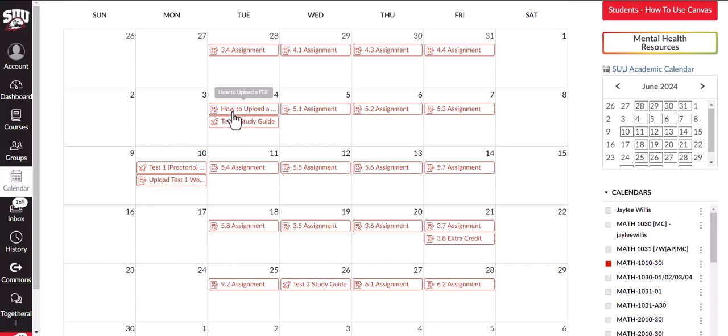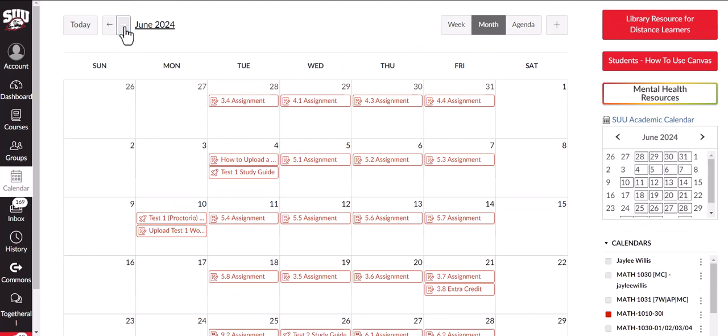And on the first test, you'll also have an assignment where you'll learn how to upload a PDF so that you can practice this process of uploading your work so that you can do it within 10 minutes of completing the test. So whenever the study guide is due, the test will only cover the assignments up to that point. So like test 1 will include the assignment 4.4 and everything before it, but it will not include 5.1, 5.2, or 5.3. And then if we go to July,